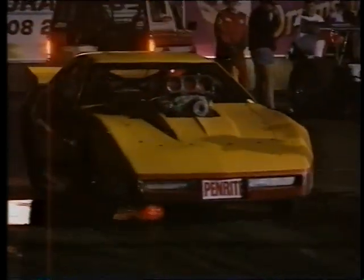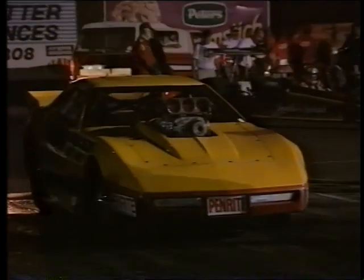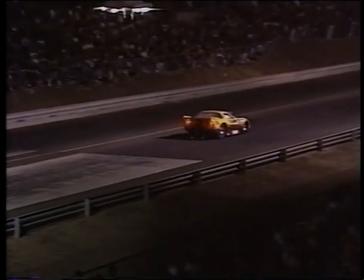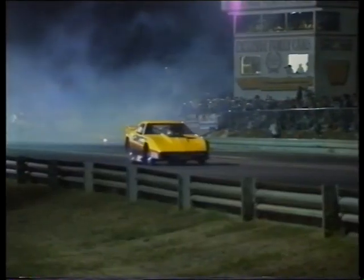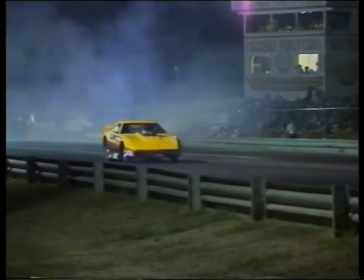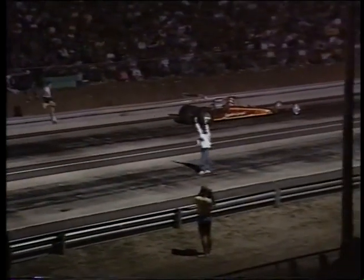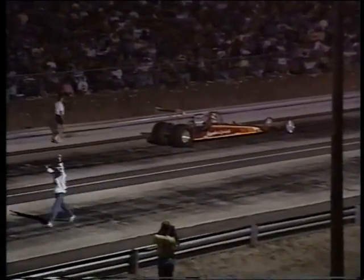Here comes an awesome car. This is John Payne in the GDM Wreckers Penrod Performance. Big block Chevrolet Corvette. There's John Payne in the Corvette, and plenty of people here to cheer him on too. Oh, big burnout. And over in the Egypt lane is Ian Seckold in the Dragster, Chev-powered, supercharged, 350 cubic inches